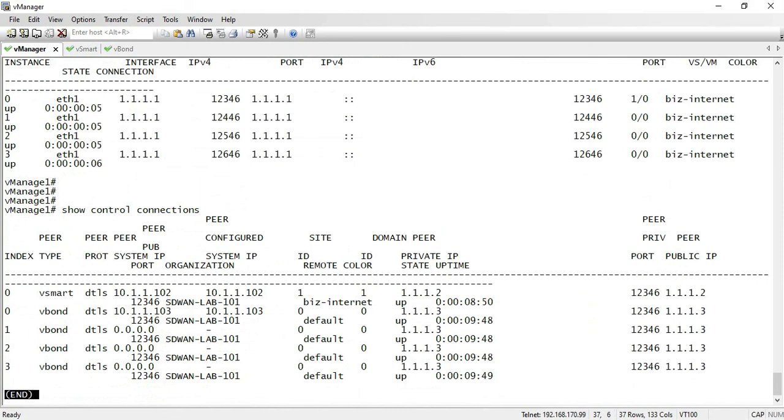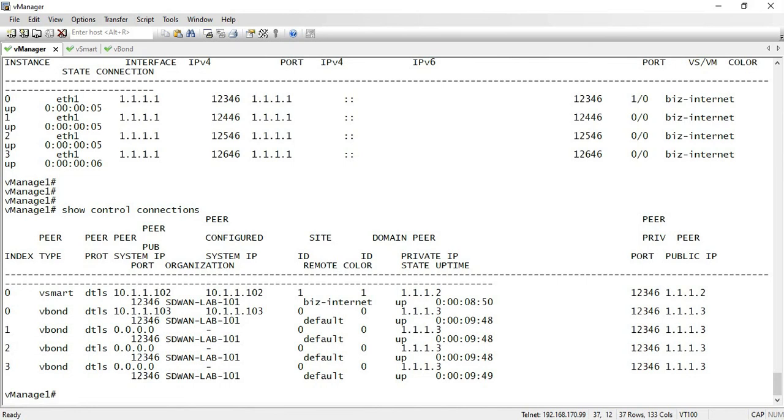You can see here I have established the control connection with BSmart and B1. So BSmart has my system IP of 10.10.10.2 and B1 has 10.10.10.3 and site ID is 1.